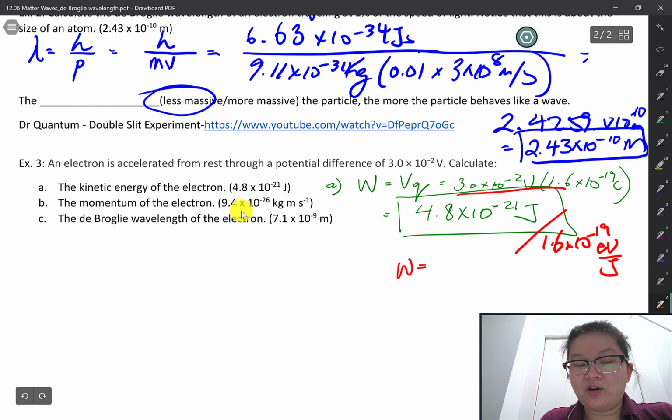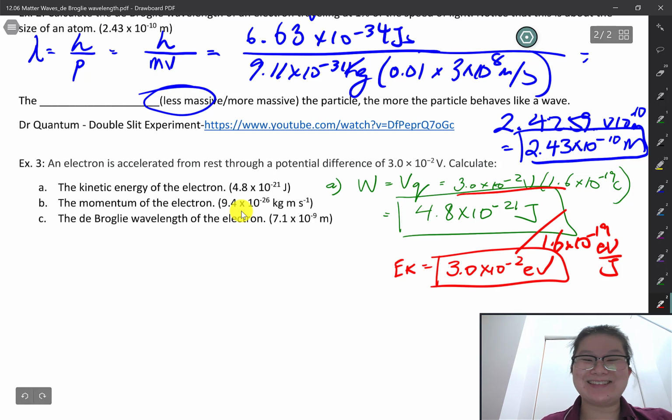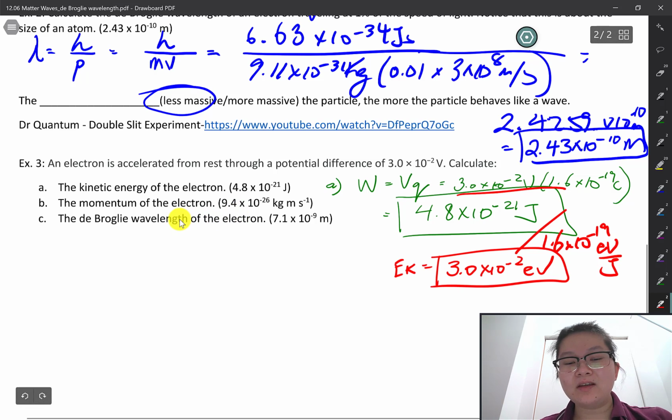So the kinetic energy that this electron is going to have is essentially 3.0 times 10 to the power of negative 2 electron volts, which is exactly the potential difference in this question. So we can kind of see where the electron volt may have come from